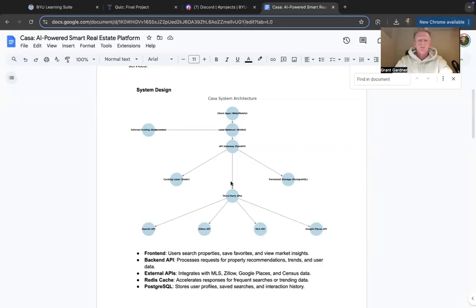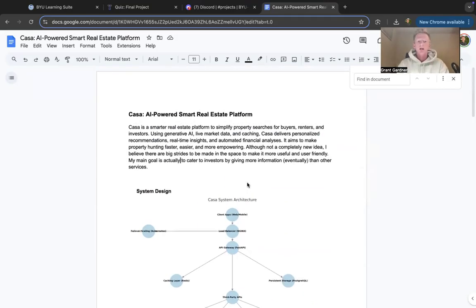Okay, so my idea is for a real estate platform that's a little bit more simple than the ones that we have now, because obviously this isn't a super new idea, but I think that integrating AI and making things more simple and accessible for investors specifically, real estate investors, is something that could be beneficial and is probably needed